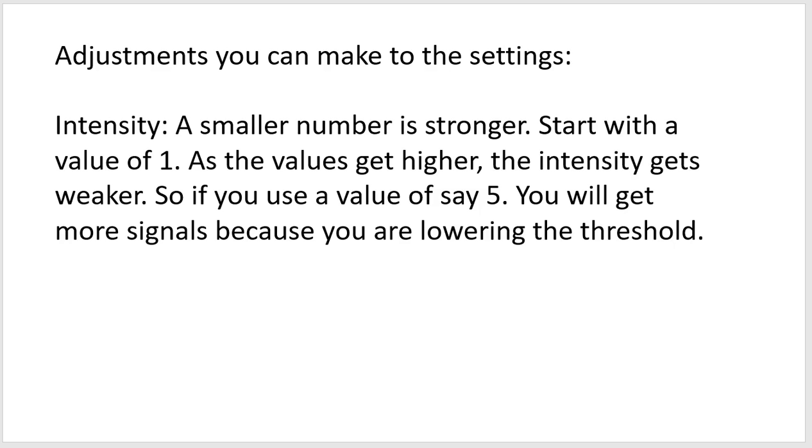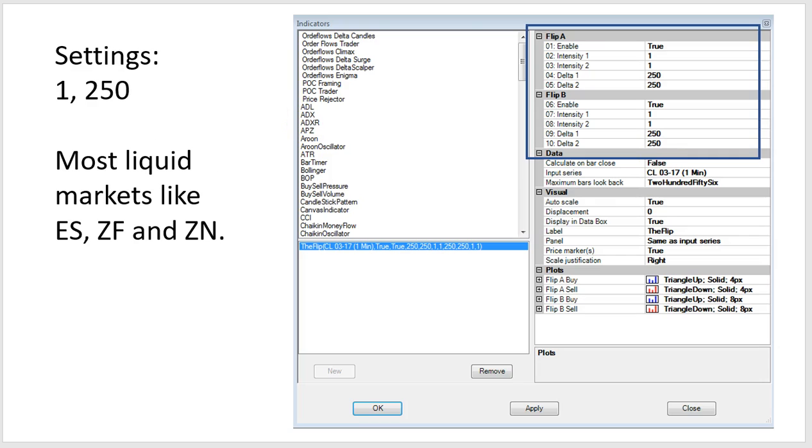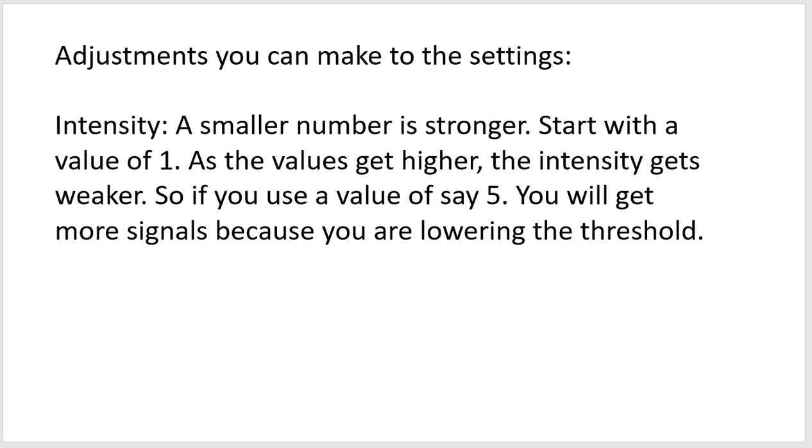But as you get higher, the number, the intensity gets weaker. So if you change the intensity, that's this one here, intensity 1, intensity 2, to 5, say, it's going to get weaker. And what that means is you're lowering the threshold. So instead of, it'd be like having